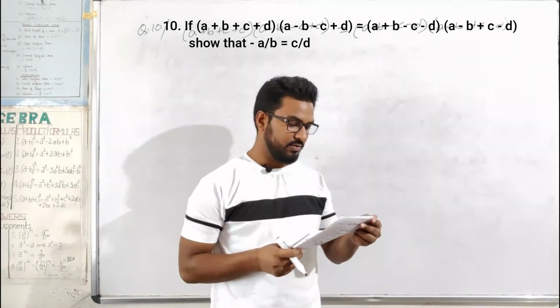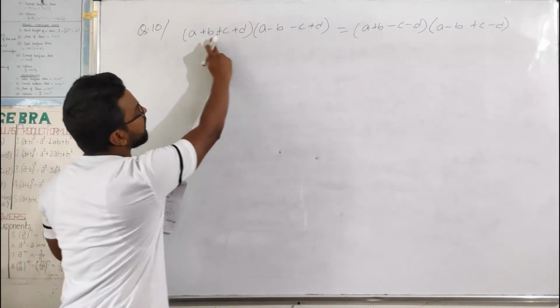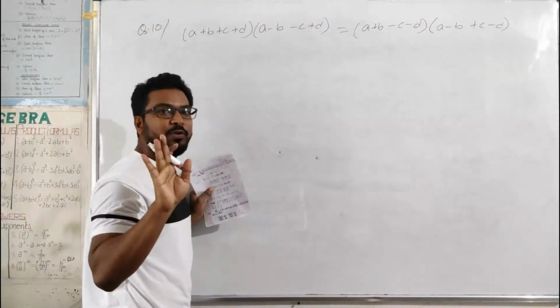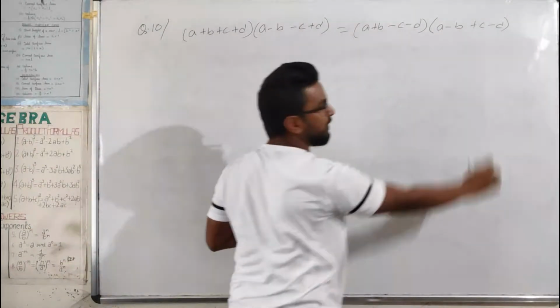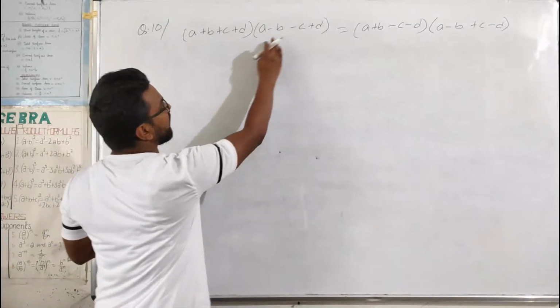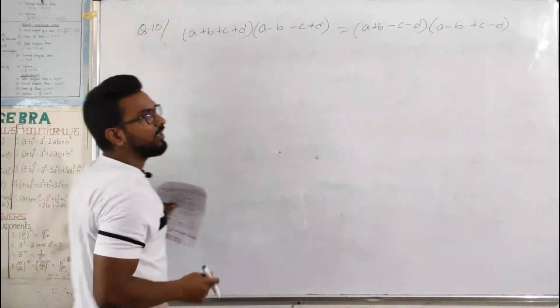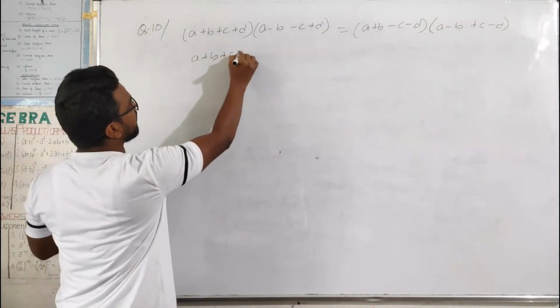Okay. So what shall we do? See here is A plus B, here A minus B. The first two terms will compare. Here again it is given A plus B, it is given A minus B. So we'll try to bring this term to the left hand side and take this term to the right hand side. So in that case, what will happen? You can write a plus b plus c plus d.